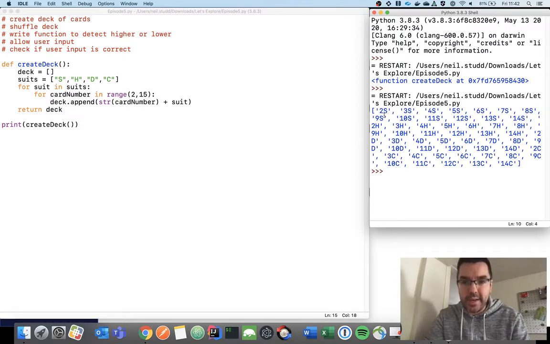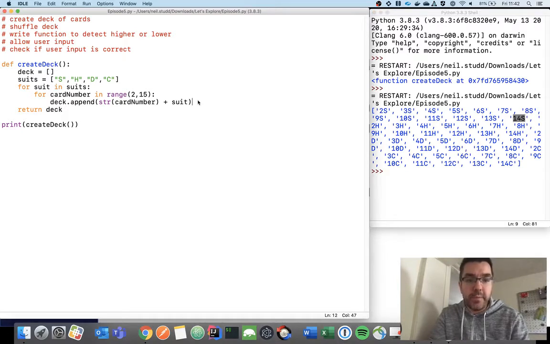That looks like it's done it. There we go. 2S, 3S, 4S. So it goes all the way up to 14, which will be the ace of spades. Then back down to the 2 of hearts, and so on and so forth. That's basically what we want. That is a deck. What we can also then do, hopefully really quickly,